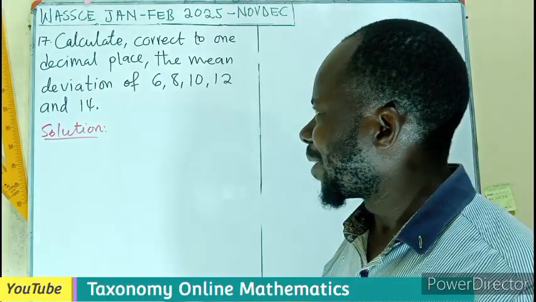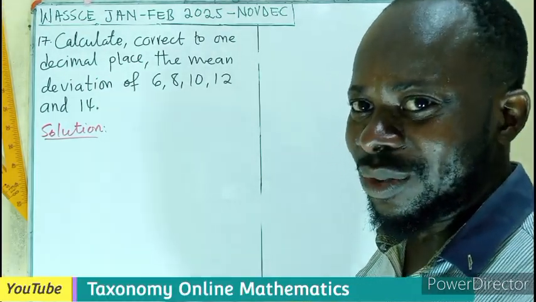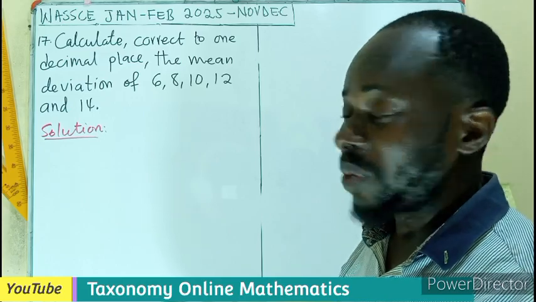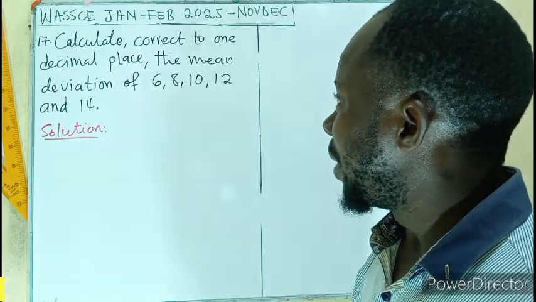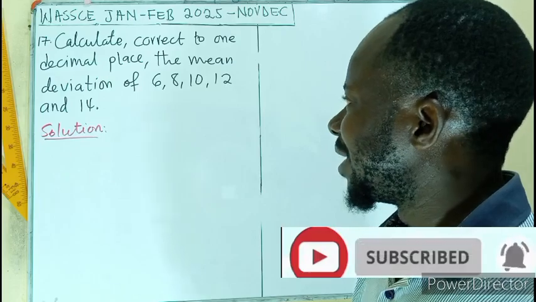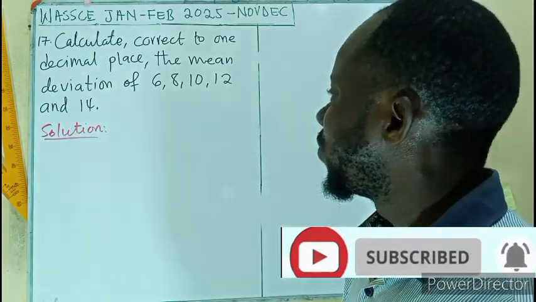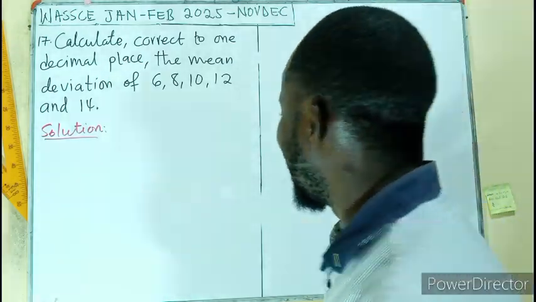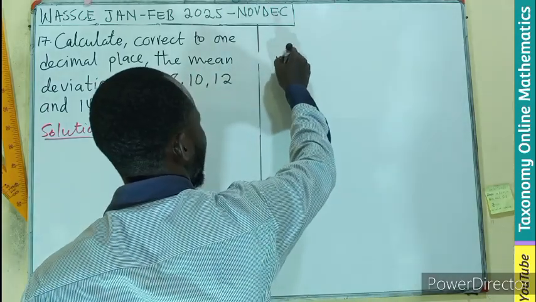Welcome to question number 17, WASSCE 2025, the February and January edition. We are to calculate correct to one decimal place the mean deviation of the data set 6, 8, 10, 12, and 14. Remember, to find the mean deviation,